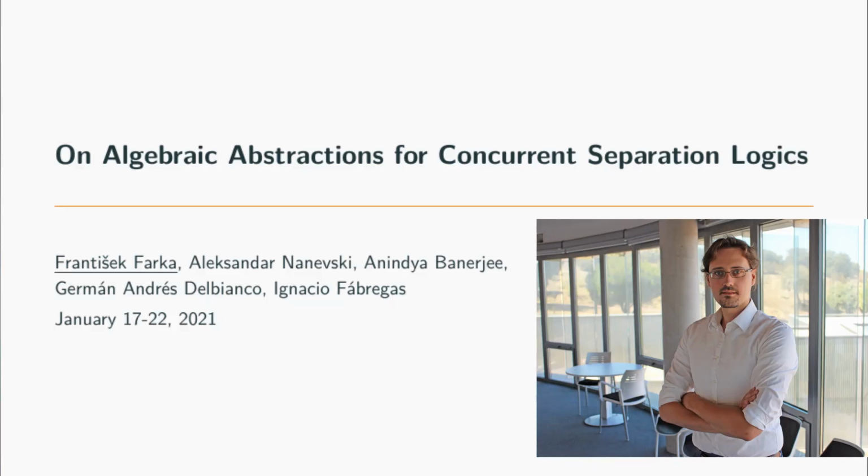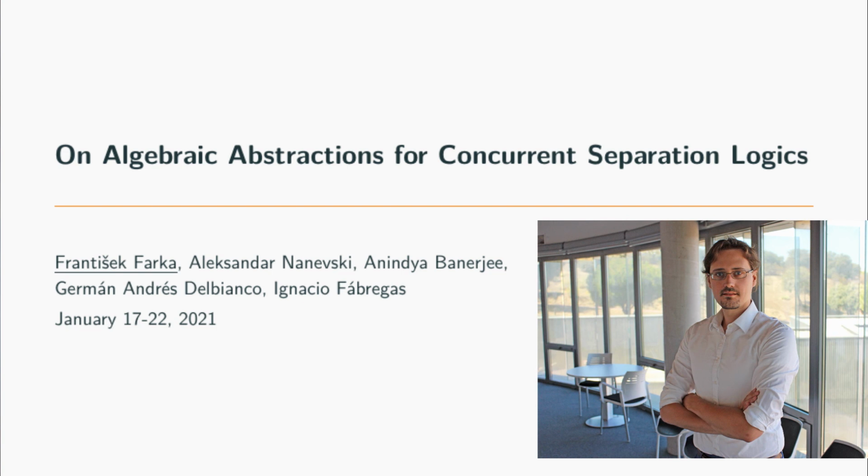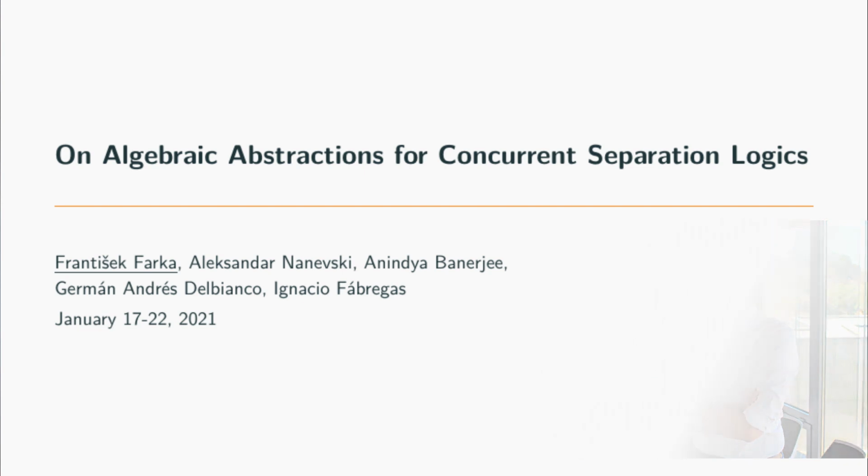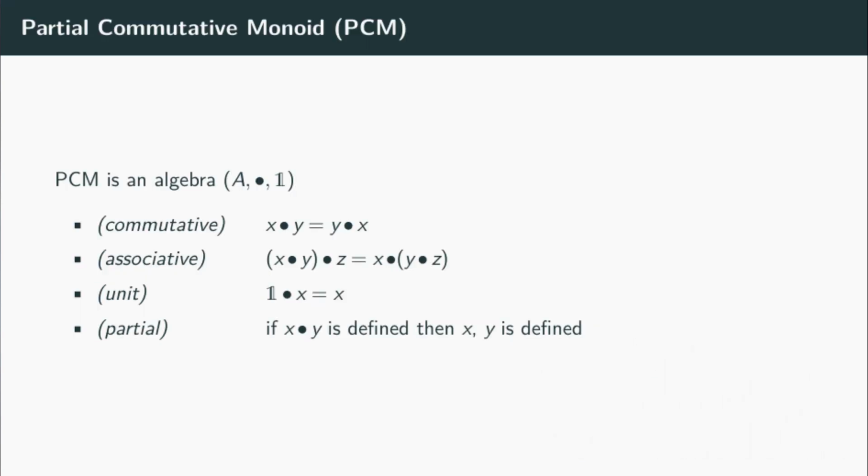This talk is on algebraic abstractions for concurrent separation logics. The semantic model of separation logic is the algebra of partial commutative monoids. Formally, a partial commutative monoid, or PCM for short, is an algebra with a partial binary operation, pronounced join, and a constant,